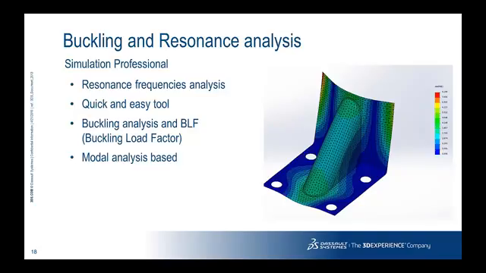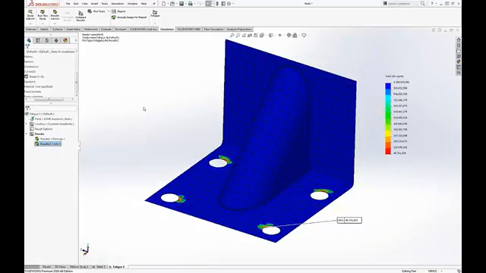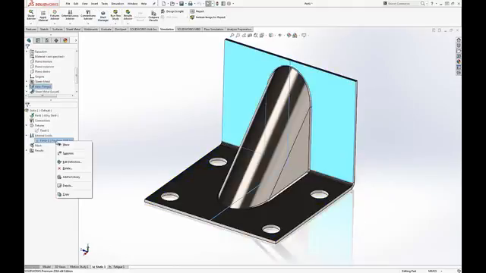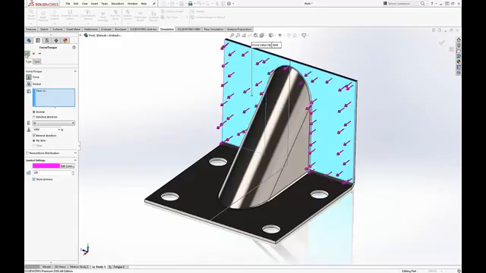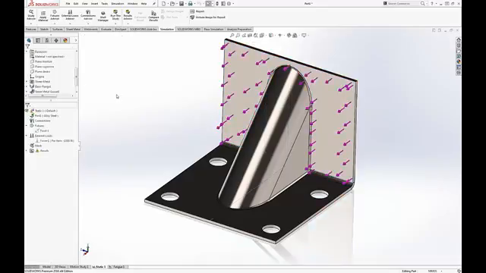Why I'm putting them together. Let's switch back to SOLIDWORKS. Okay, now I want to evaluate which is the buckling load factor. What does it mean? Let's go back to the static analysis. If I change now the direction of the force, now I will have a compressive force on the sheet metal. This compressive force